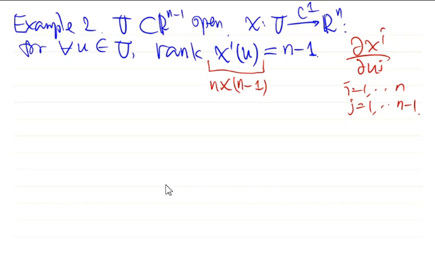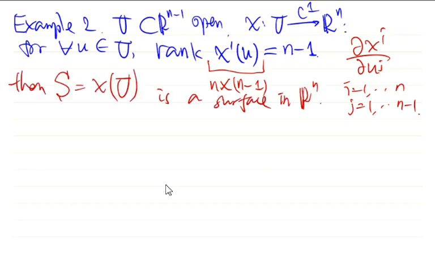Okay, so under this assumption, that is X is smooth, and the rank of this matrix, the derivative matrix of X at every point u is n-1, then the image of this map is a surface in Rn. Okay, how to get this result? So